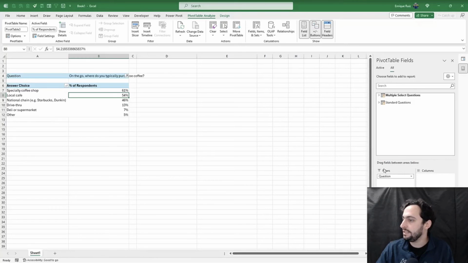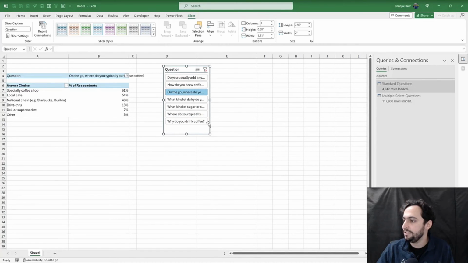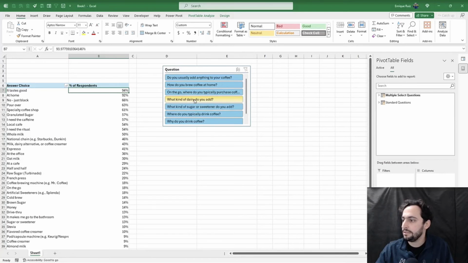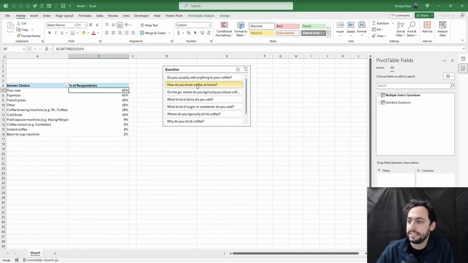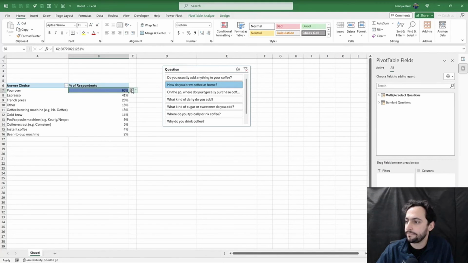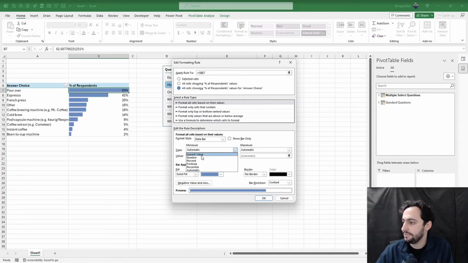We could even get rid of this. Let me just add a slicer for the question here. And we can use this instead of this filter here. So let's get rid of that. And now we can take a look at these options. We could even go ahead and add those data bars again. Let's go for answer choice. Again, let's manage so that they go from 0